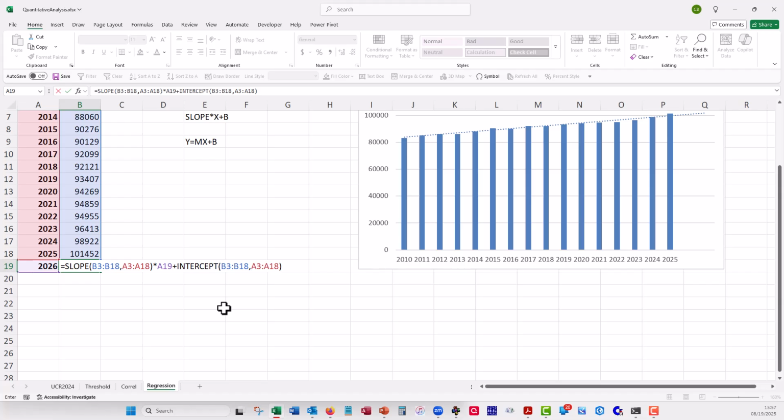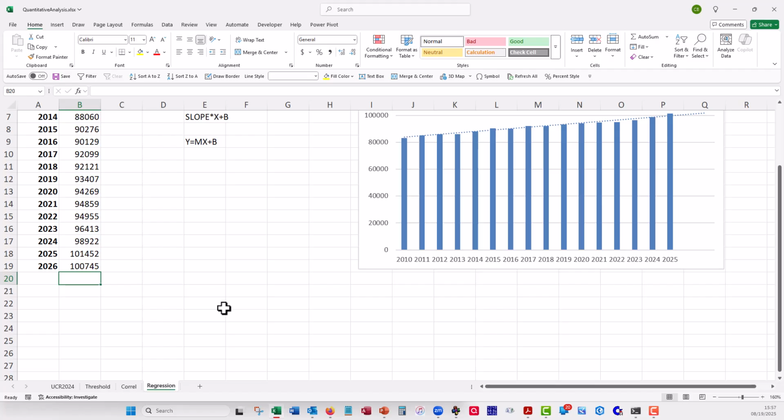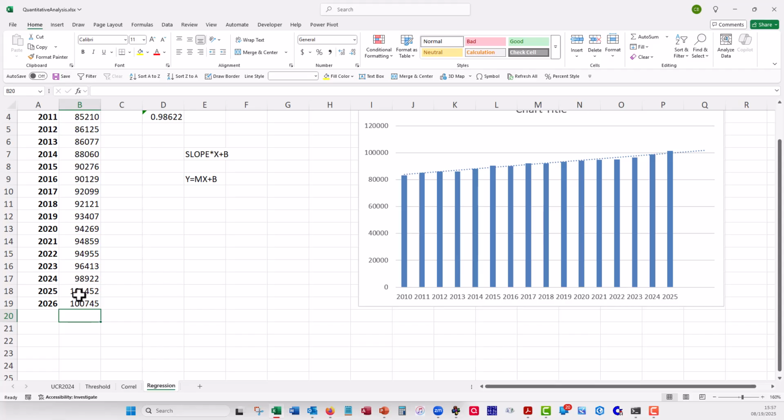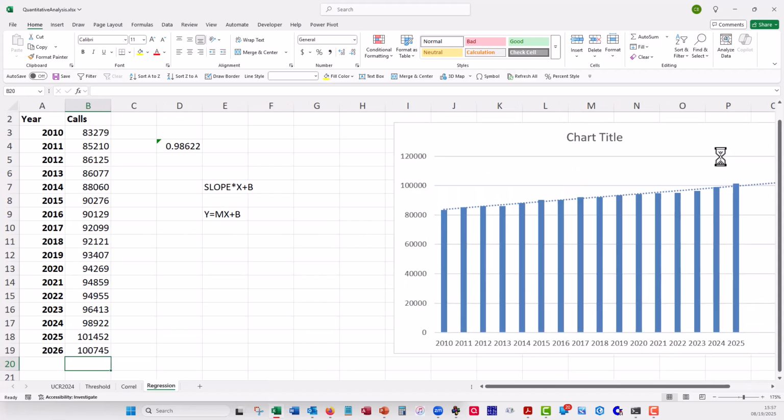And when we're done, the best prediction that we have for the number of calls for service that we're going to have in 2026 is 100,745. Now, you might object to that thinking, hey, that's less than 2025. Haven't these numbers been going up? And the truth is they have, but what happened was in 2025,